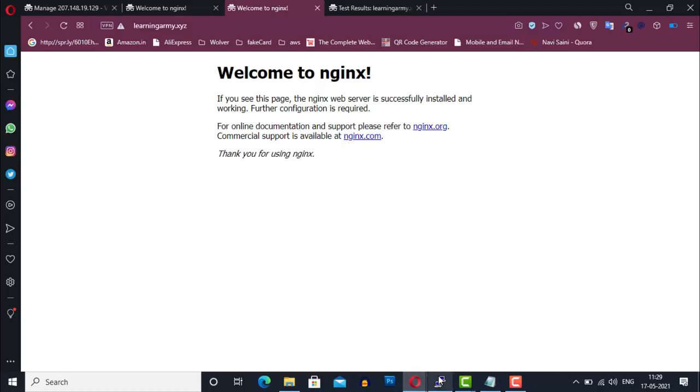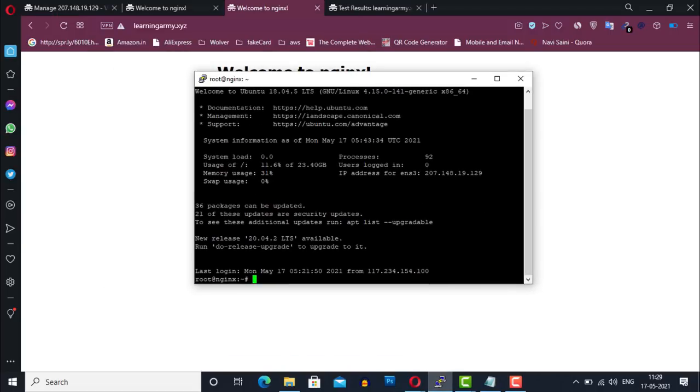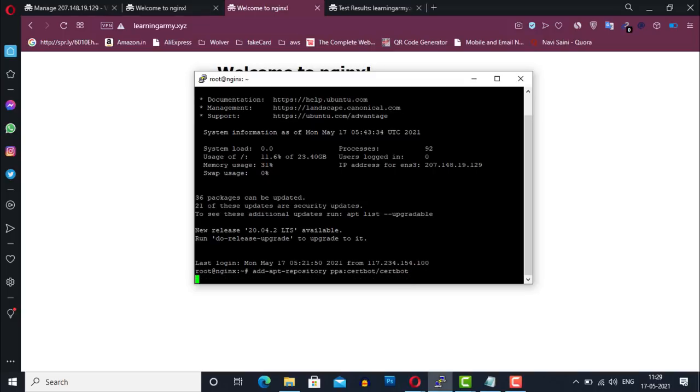Alright, to install Let's Encrypt, first we will need to install Certbot. Basically, Certbot is a free and fully automated software client that automates the process of obtaining and installing SSL on your domain. To install Certbot, add the repository using this command and hit enter to execute.